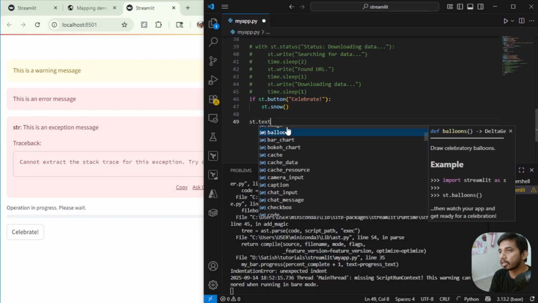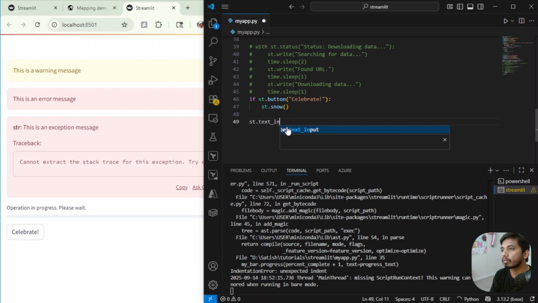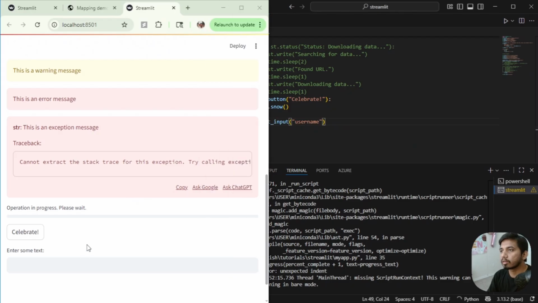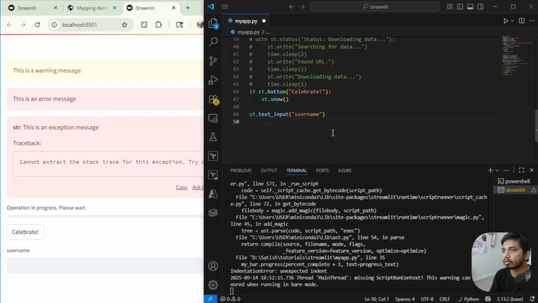st.text_input. It will take the input, or maybe instead of "enter some text", we can put something like username. It makes more sense to build some kind of a form. Okay. And then